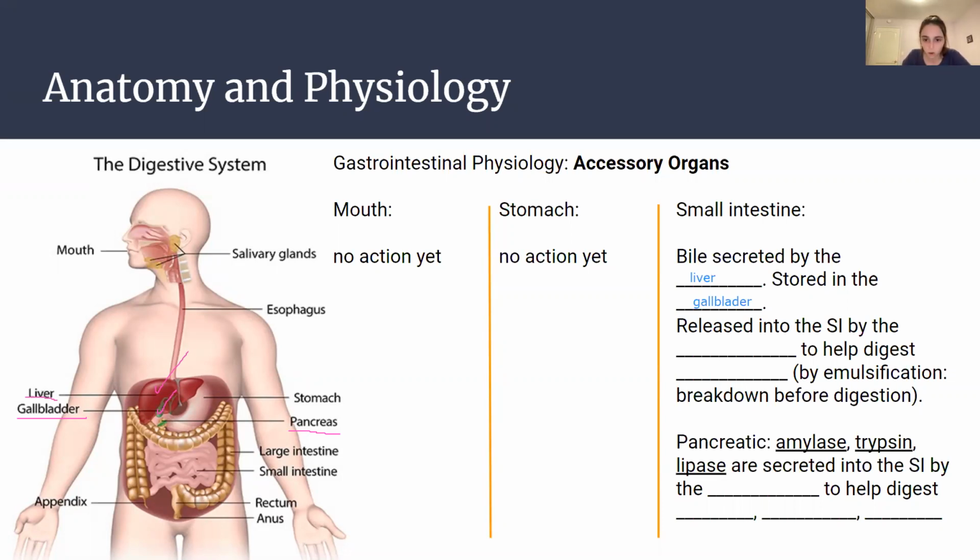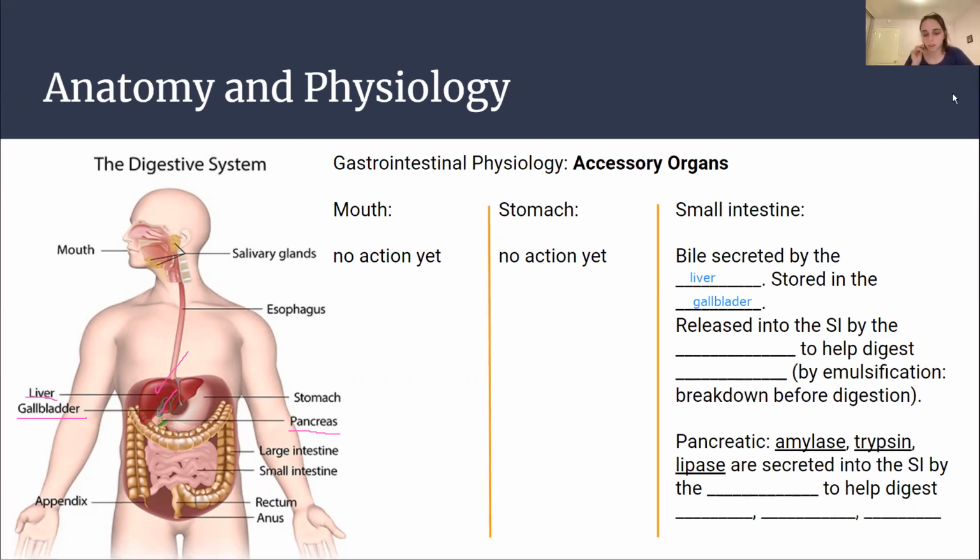So as bile is stored in the gallbladder, it's going to be released into the small intestine. That's what SI, the abbreviation, refers to, small intestine. It's going to be released by a certain duct. What duct is that called? What duct transports bile from the gallbladder to the small intestine? Feel free to put it in the chat or unmute yourself. Yes, so I see in the chat the answer common bile duct, and that's absolutely correct. So the common bile duct will then